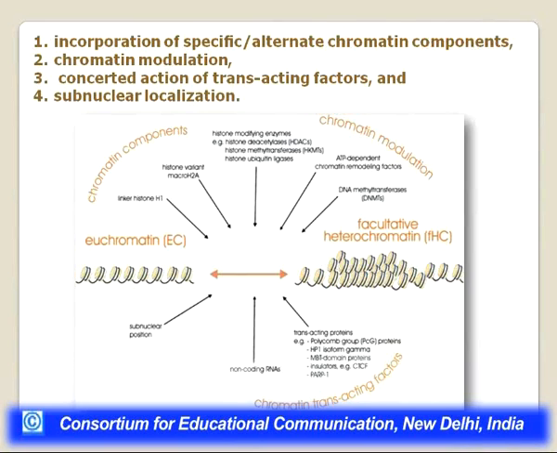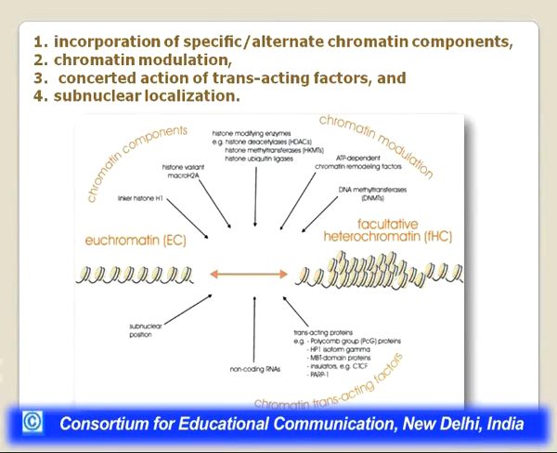For example, linker histone H1, the modifications at histone proteins, or histone variants are sometimes present which can convert euchromatin into facultative, or as I said, the methylation, the deacetylation or the hyperacetylation of the histone proteins. Then the chromatin remodeling complexes can also convert euchromatin into facultative heterochromatin and vice versa. And then there is the concerted action of certain trans-acting factors such as non-coding RNAs or trans-acting proteins. For example, certain proteins, when associated with facultative heterochromatin, can convert it into euchromatin or vice